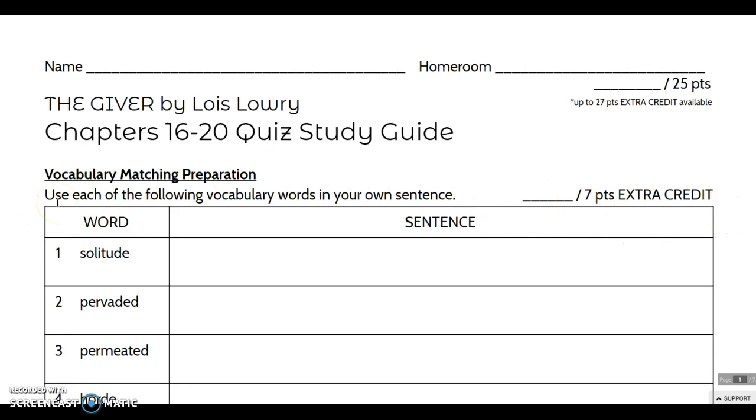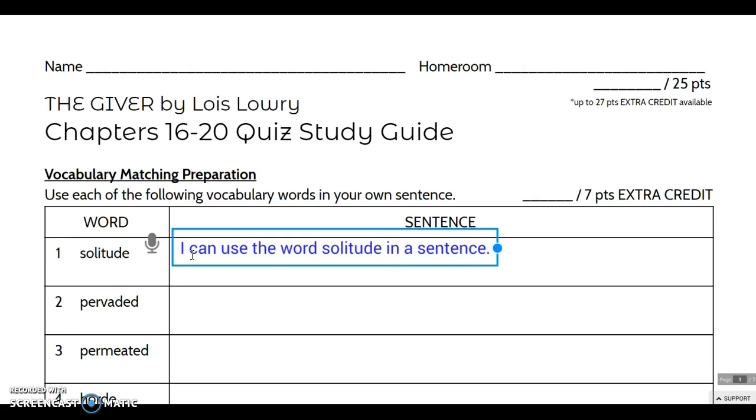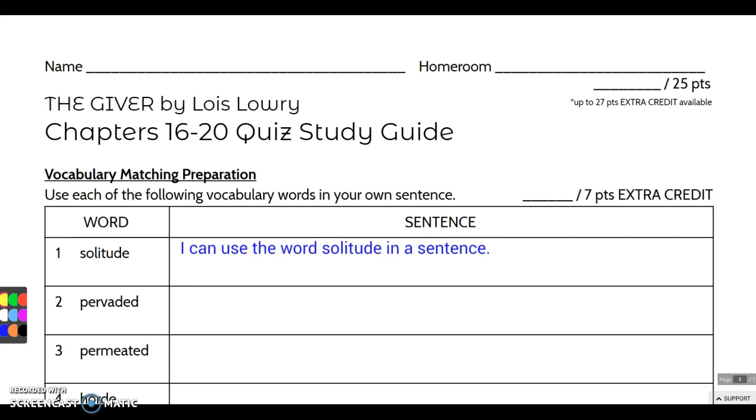The directions tell you to use each of the following vocabulary words in your own sentence. This means that you are writing a sentence in your own words that shows the meaning of the word. For example, a sentence such as, "I can use the word solitude in a sentence," is not a good sentence. If you write a sentence like this, you're not going to receive any credit because there are no clues here to tell me what this sentence means. However, if you write a sentence like this,